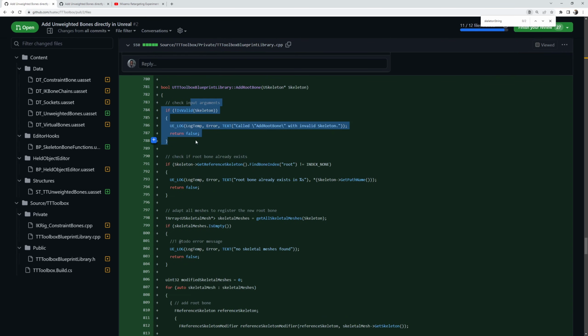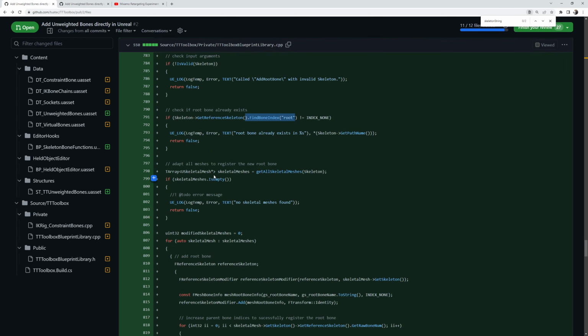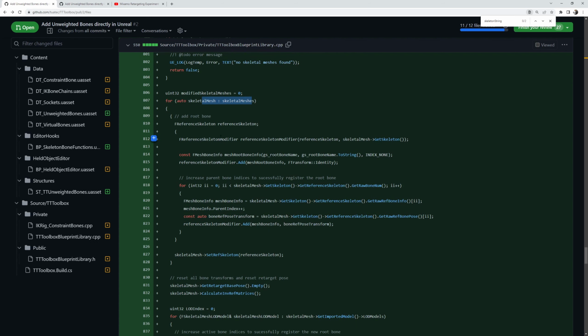So same, check input arguments. If the skeleton has no root bone, that's very important. And then we get again our skeletal meshes. Then we have a new counter as well here. We iterate over all skeletal meshes which are connected to this skeleton, and